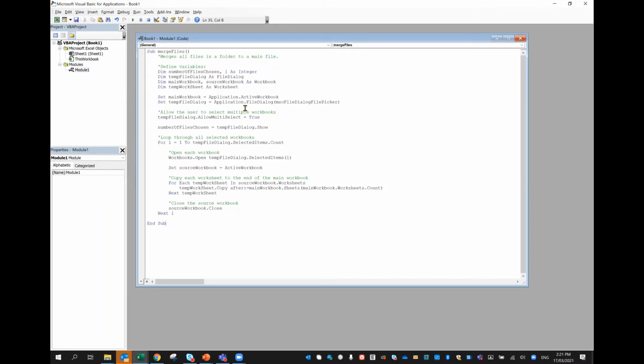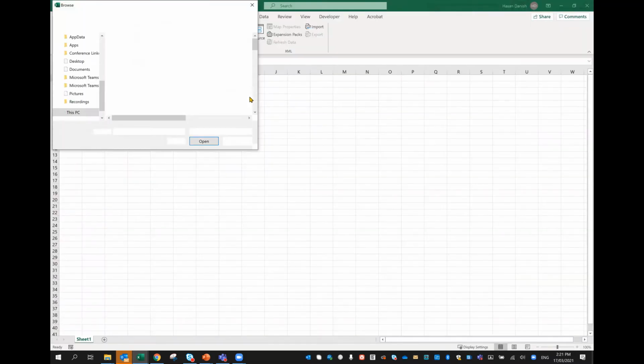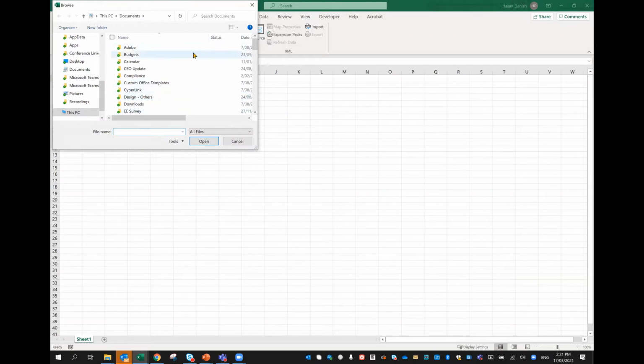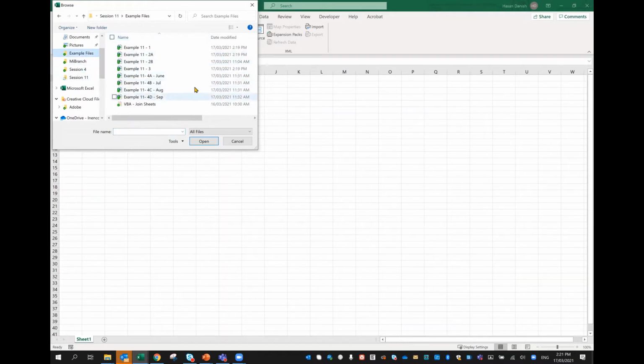And once you're done, you will see this green play button up there. You will hit play. As soon as you do that, it will ask you which files. So you may want to go into the folder you saved the files in. And once you are there, please select